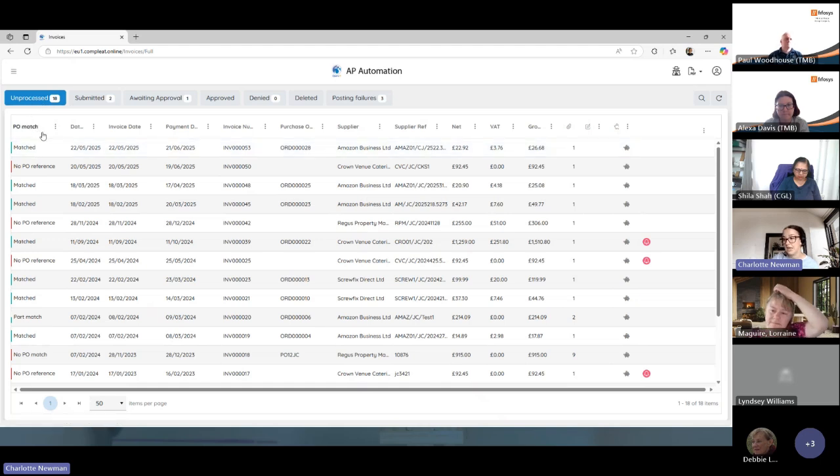The first thing that you'll see is that if you are raising any requests within the system with your online suppliers, you'll get a matching status if invoices are matching back to an order, or you can just process direct invoices that don't have to be related to an order either. We'll flag if we have identified a part match, so if the net value of the invoice is less than the original order, an overmatch where it's obviously over the original order,